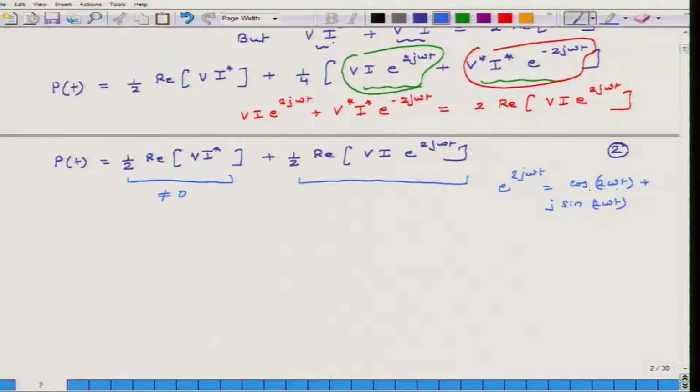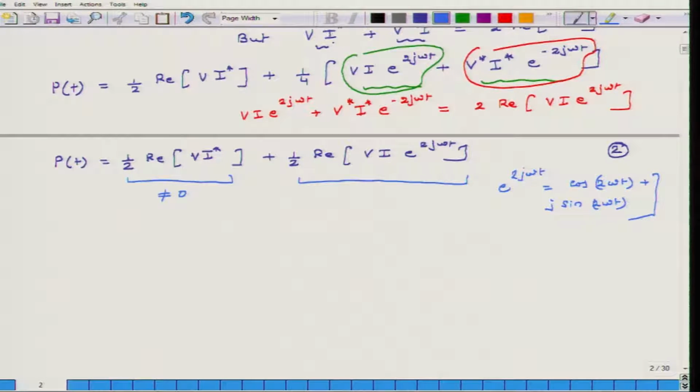If I plot the cosine term, it is a cyclic function, and same is the sine term. Over one entire cycle, when 2 omega t goes from 0 to 2 pi radians, the average of this e to the power of 2 j omega t will be